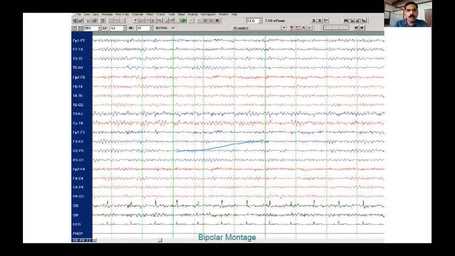Usually you should always look at the record at 7.5 microvolts. Okay, so the first step is the montage, whether it is a bipolar or unipolar montage. Then comes the sensitivity. Usually you should read at 7.5 microvolts. After sensitivity, the most important part is the filters. So we have three types of filters: low frequency filter, high frequency filter and notch filter.